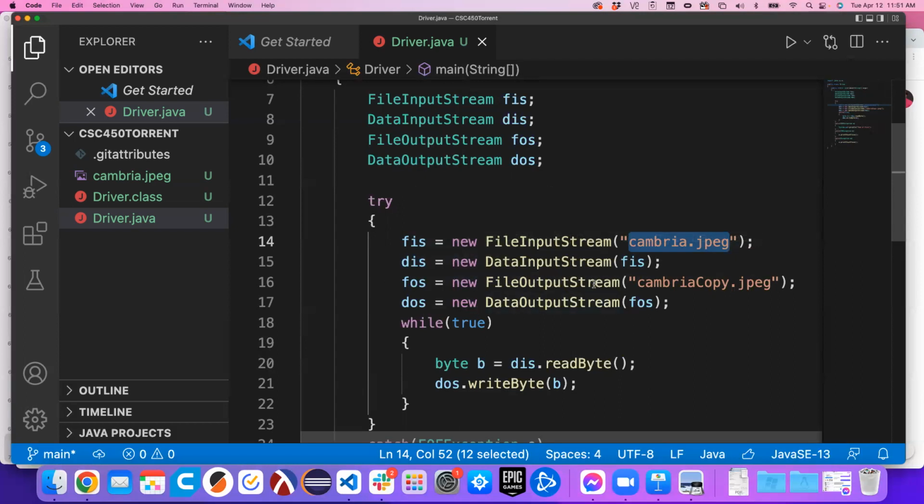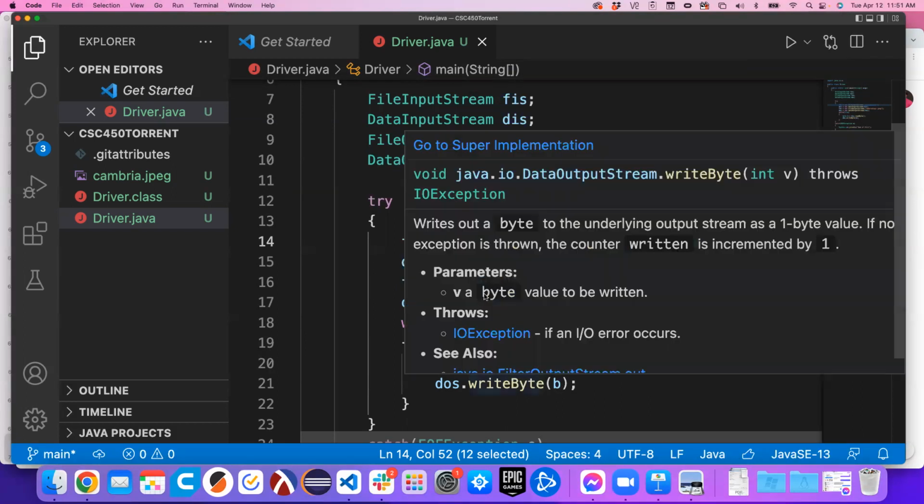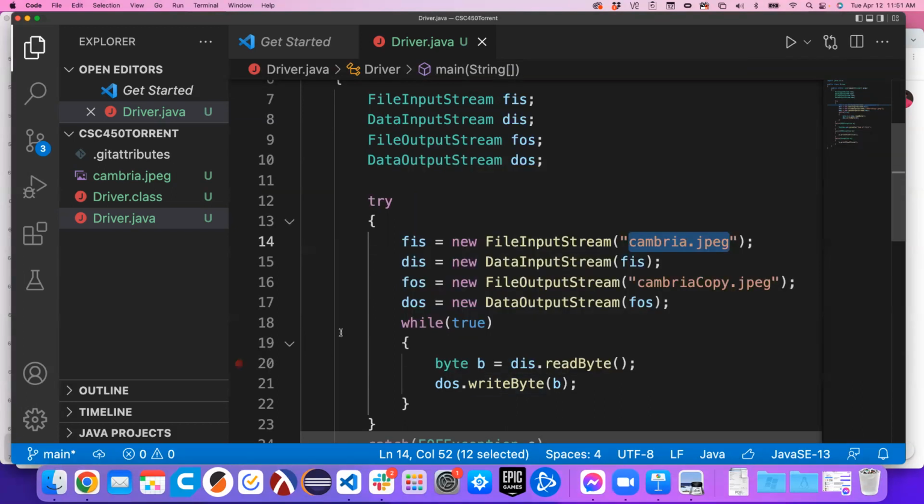Then I'm going to create a file output stream with my destination being this file called Cambria copy, because I want to read a byte in from the source file and write a byte out to the other file, and just do that a whole bunch of times until I've made a duplicate of the file. Then I'll wrap that in a data output stream, which lets me write bytes conveniently